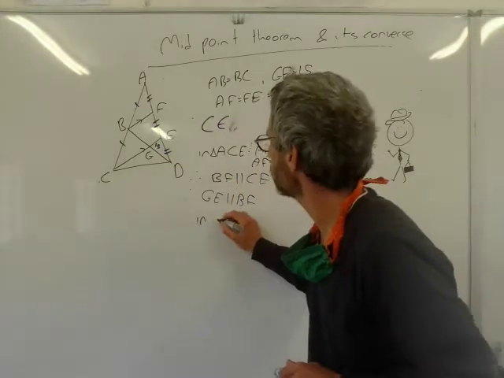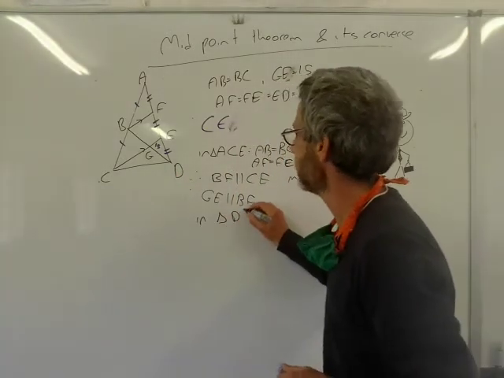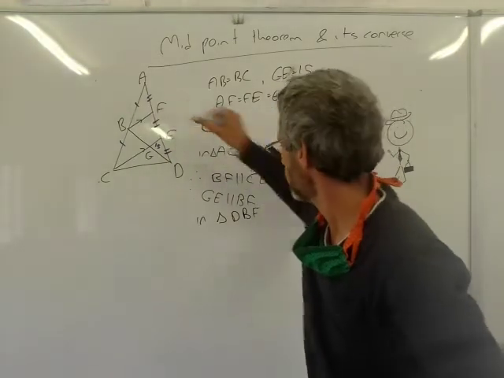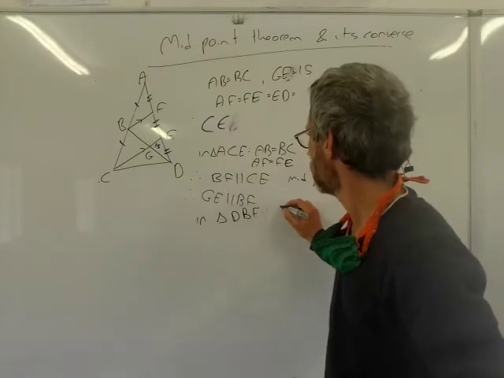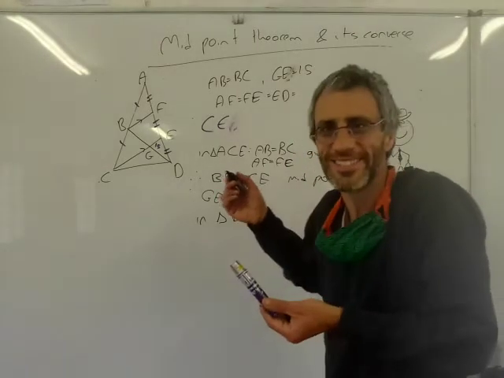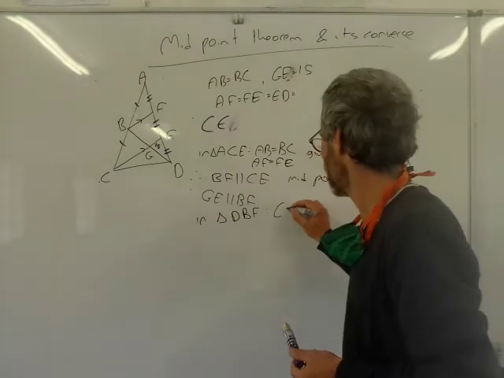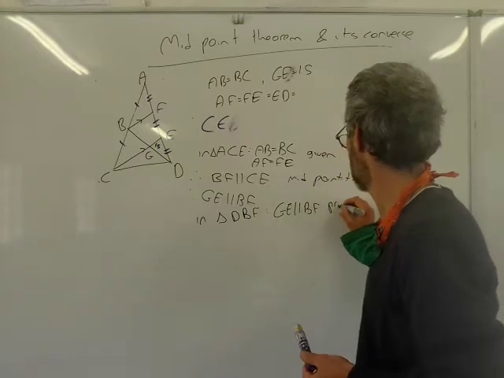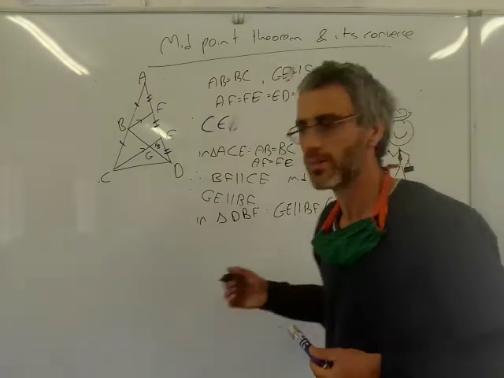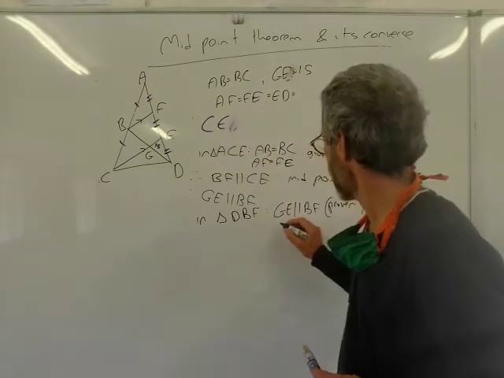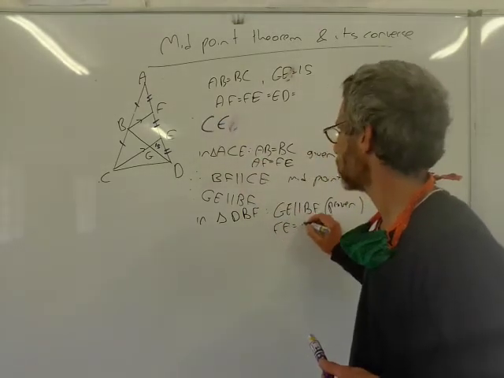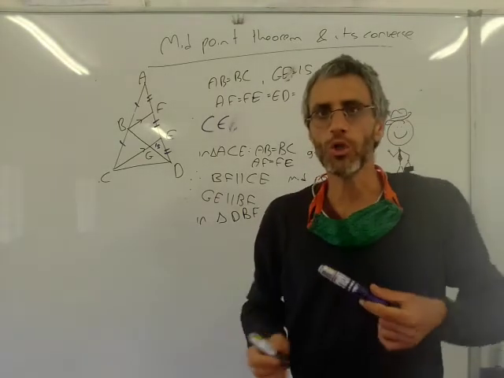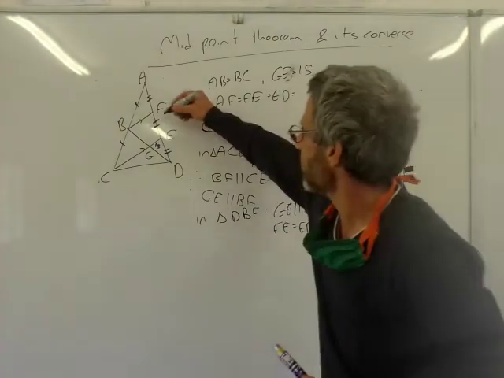So now I'm going to look at the small triangle, DBF. Now, what do I know about this triangle? Well, first of all, I know that GE is parallel to BF. Proven. Probably don't need to repeat it, but let's just do it. And then the other thing I know is that FE is equal to ED. That's given. So now I can invoke the converse of midpoint theorem, which tells us if we have two